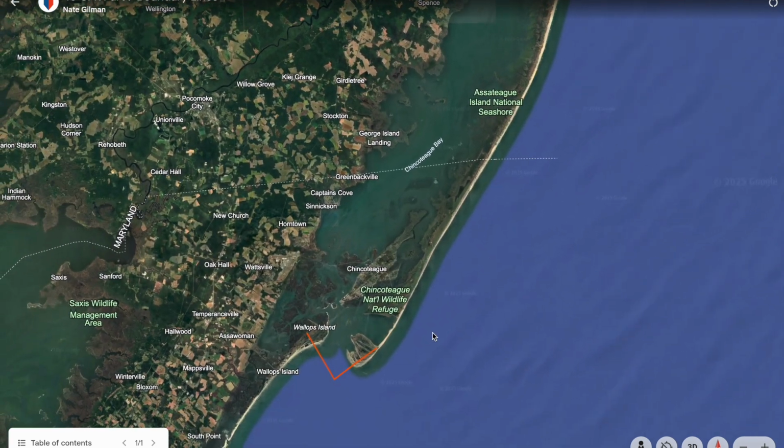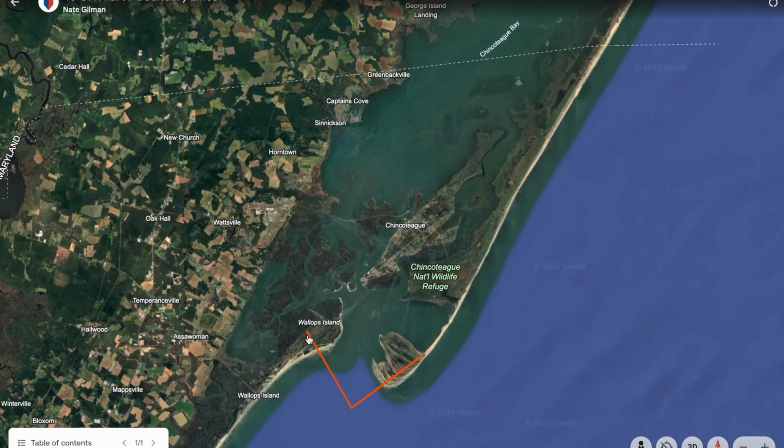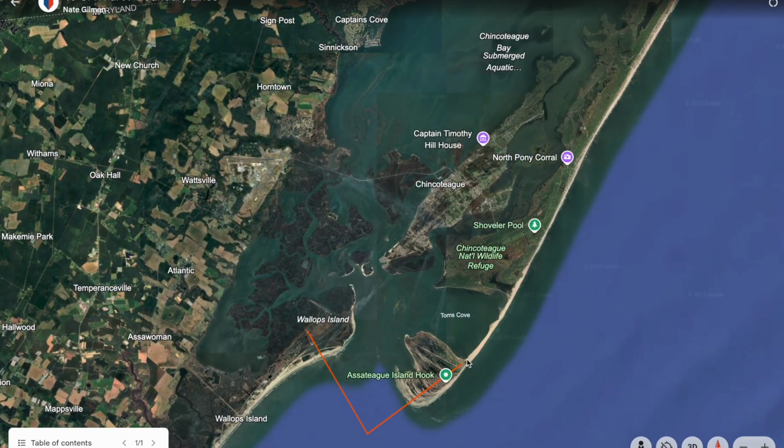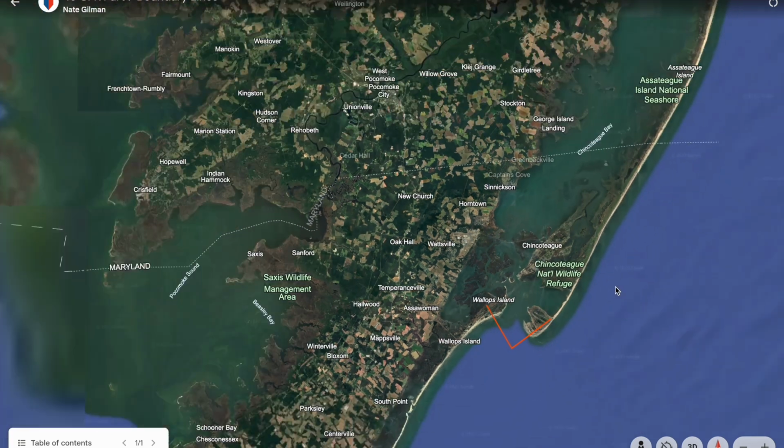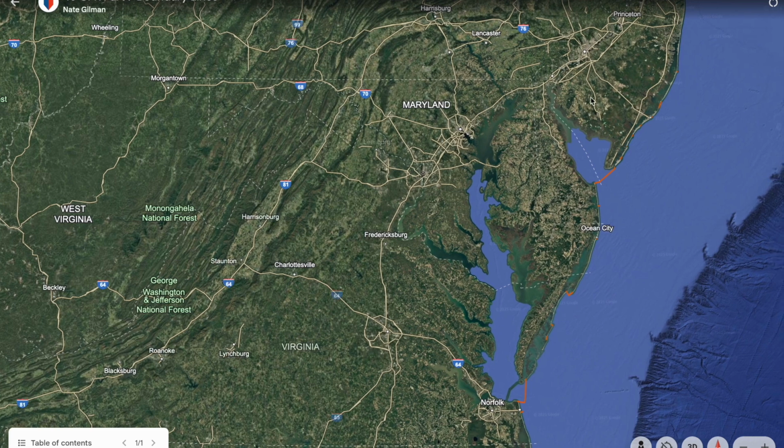As we make our way down to Assateague and Chincoteague, you can see there's a line from Wallops that comes over to Chincoteague, and you can see the whole parts come together. This is all inland, this is all near coastal, right? So we'll zoom way out. Inland, near coastal. And as we go in, we can see also the Chesapeake Bay.